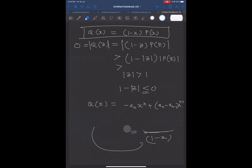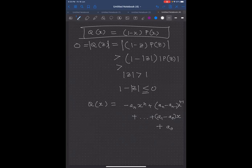Okay. Anyhow, so this will look like... Please help me with the calculation here. I'm just too dumb at calculations. I mean, this should be a_1 minus a_0 possibly, with x, and what should be the last constant term? The constant term should be as it is, isn't it? So there should be another extra power. Like another extra power, it will be x to the n plus 1. N plus 1, isn't it? Okay, and a_n similarly, x to the power...